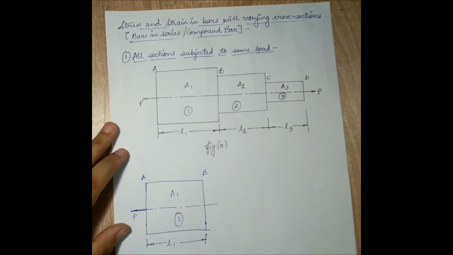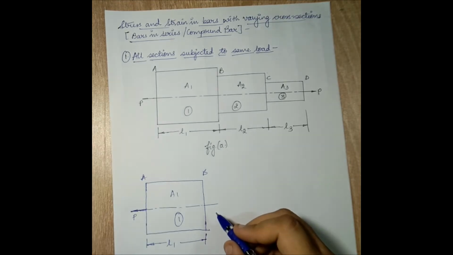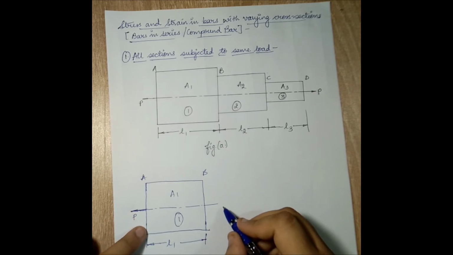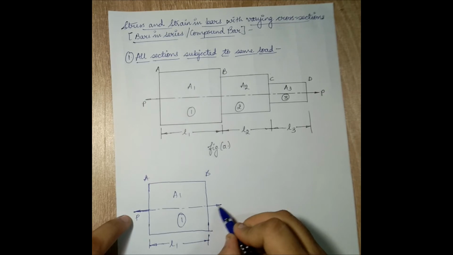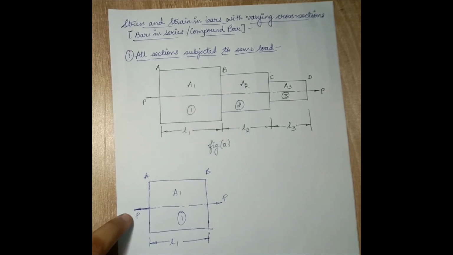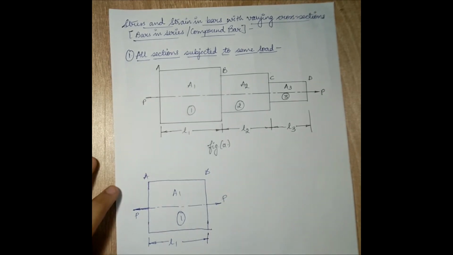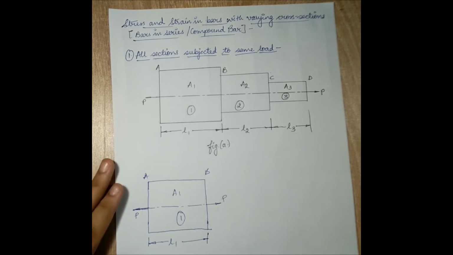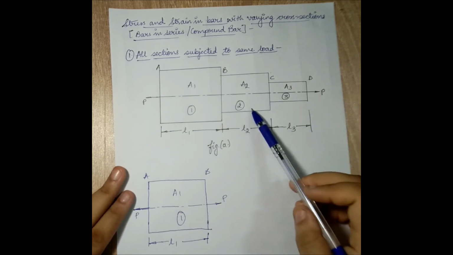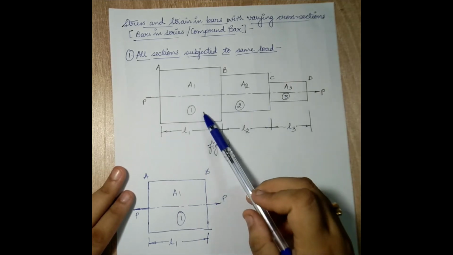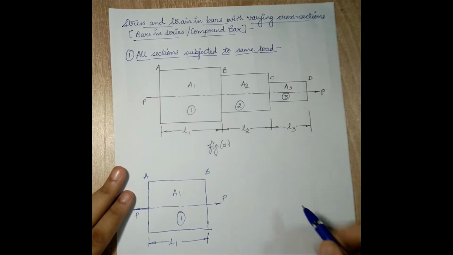Since I know the load on one end is P, I have marked it, and on the other end, as I am pulling one end with load P, the other end also has to be subjected to the load P. That is how the tensile load is applied. So here I will draw P. This is how AB's FBD is supposed to be drawn. I will always draw the FBD of the end bars first and then of the middle portion. So I have drawn for AB, now I will draw for CD.